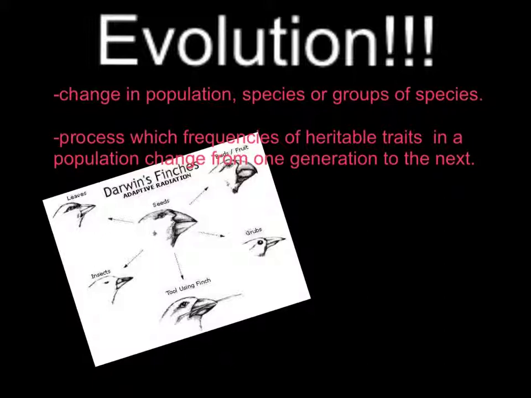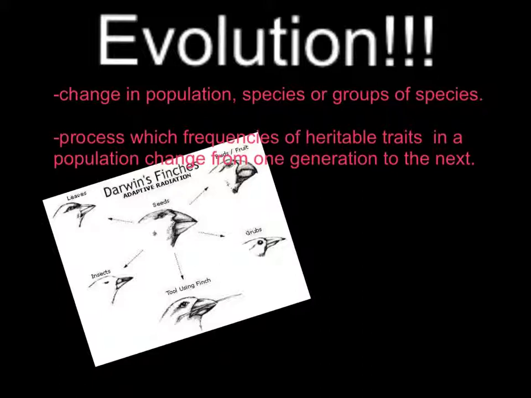birds over time had their beaks become different because they adapted to their new environments. Here, we have a bird with a bigger, thicker beak, and that is used to break the seeds that are harder. You have the smaller beak on this bird, which is for the insects, so that they can trap them in. And the different beaks that you see here help with their fitness within their